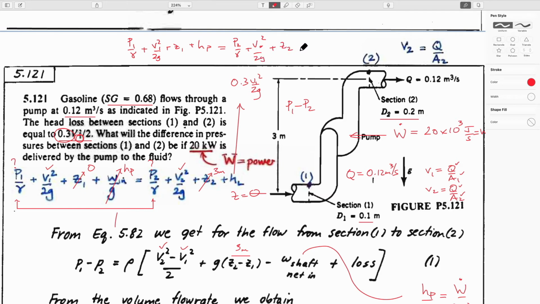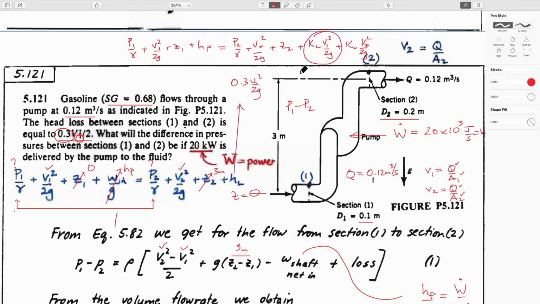And we could write two head losses. It could be the head loss in pipe 1, which is V1 squared over 2g, and a head loss in the second term, which would be V2 squared over 2g. So they've defined the loss between section 1 and section 2 in terms of a single value,